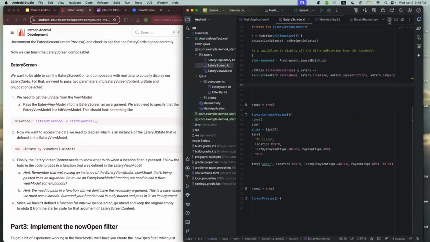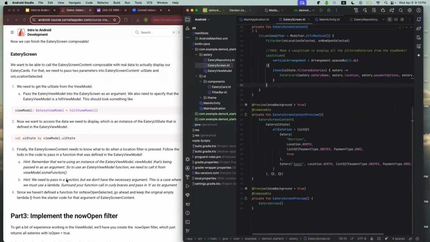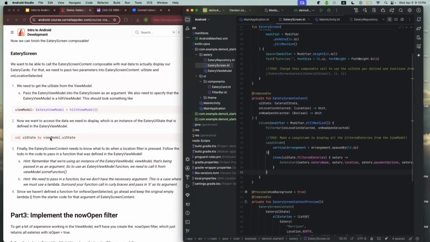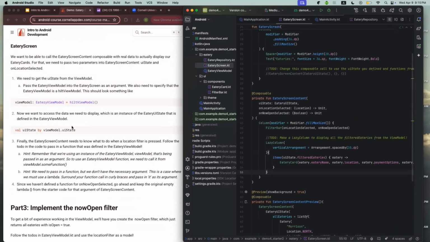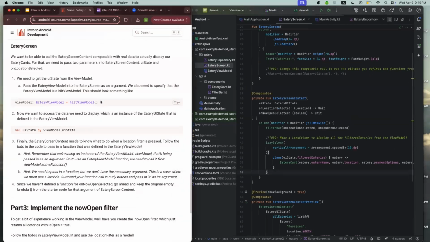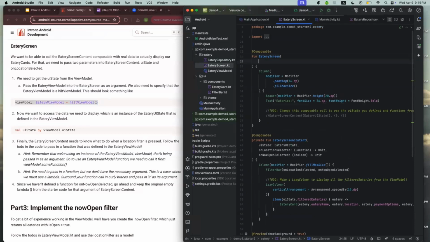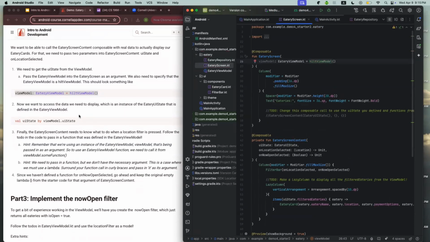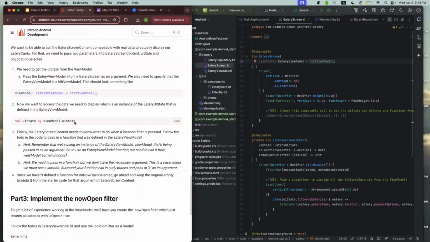Does anyone have questions about this part? Okay. So next we'll move on to the eatery screen. Again, we want to add these two things to our code. So the first is our view model, which we'll pass in as an argument. Again, you want to import. And from this view model,